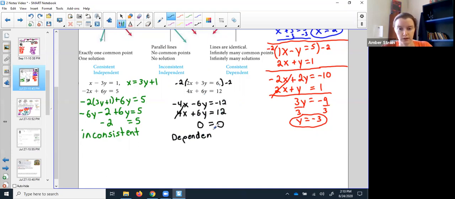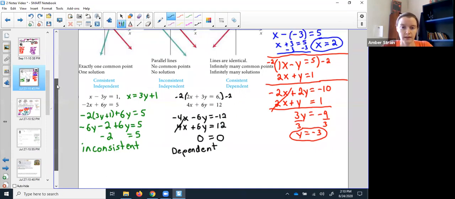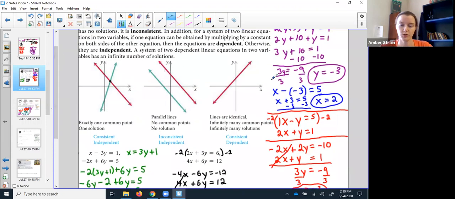This occurs in the 2D world, Cartesian coordinates, when I actually had the same line twice. So they had some sort of different multiplier to make them look different, but I was actually dealing with the same exact set of numbers, x, y, the same ordered pairs. So they formed the same line. So they are consistent. They have a solution. In fact, they have infinite solutions, but they are dependent on each other because one is completely identical to the